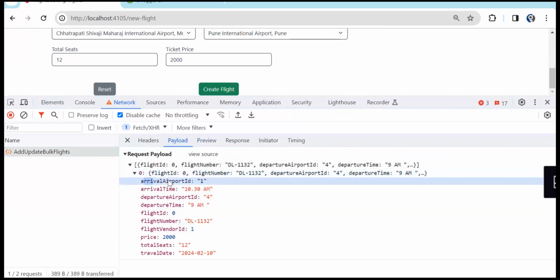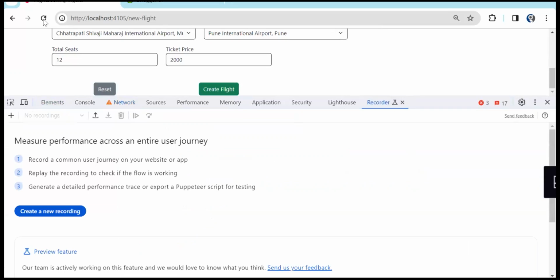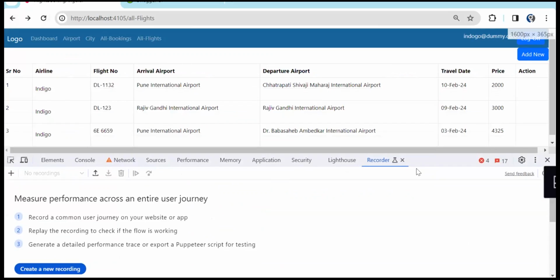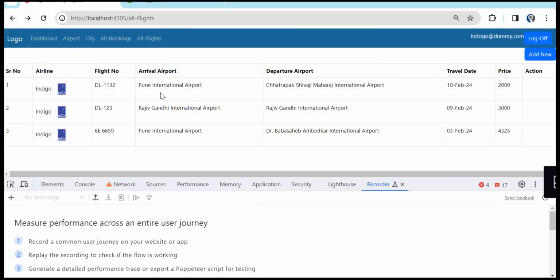So here arrival airport ID is 1 and departure airport ID is 4. While sending the data, we are sending it correctly. You can see 1 and 4 we are sending. So let's go back and see if we are getting it. Yeah, now it